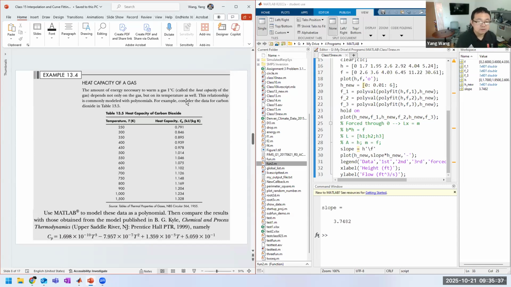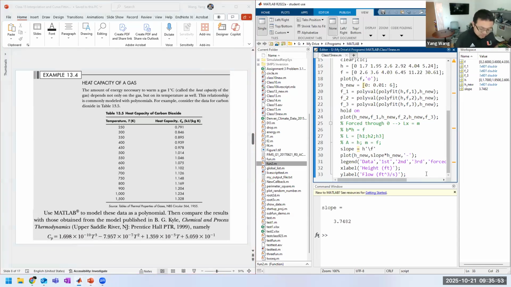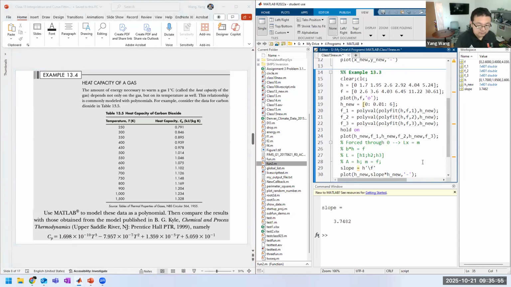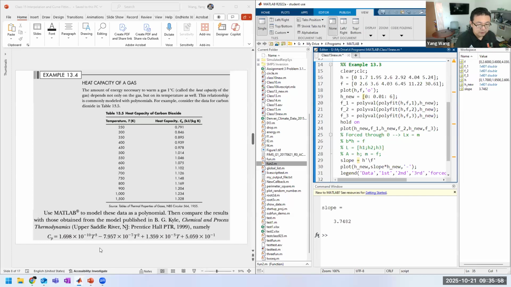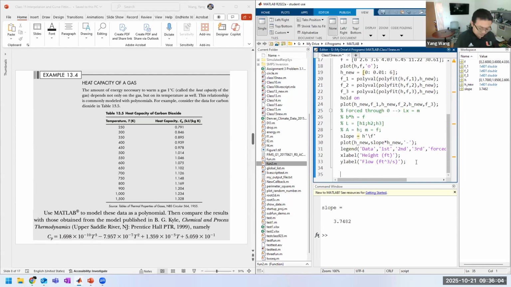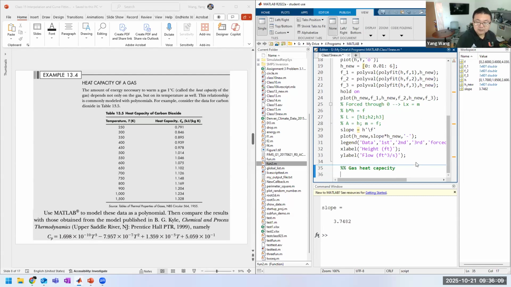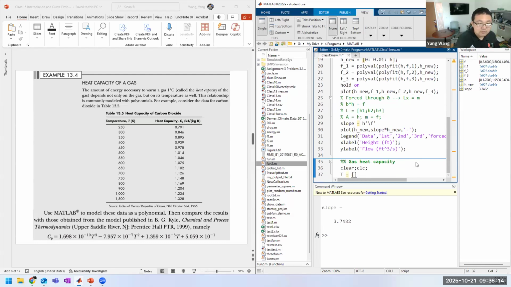For example, consider the data for carbon dioxide in this table. So it wants us to use MATLAB to model these data as a polynomial, then compare the results with those obtained from the model published by someone, right? So this is the model result. Okay, so then this is a higher order polynomial fit, right? So we could use a third order polynomial because we're trying to compare against this result here, right? So gas heat capacity here, you'll see, all right, so T,